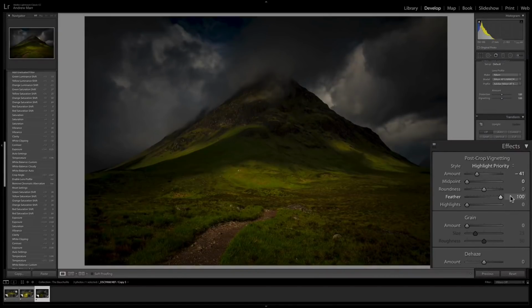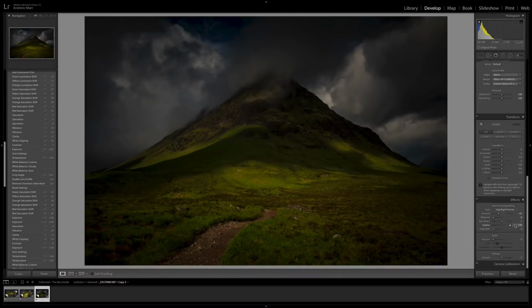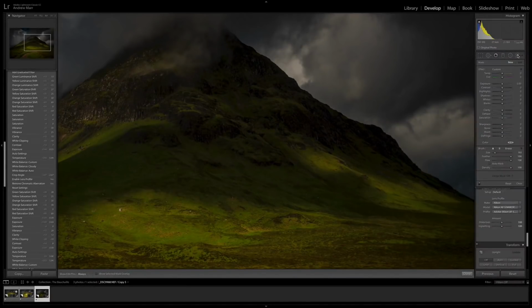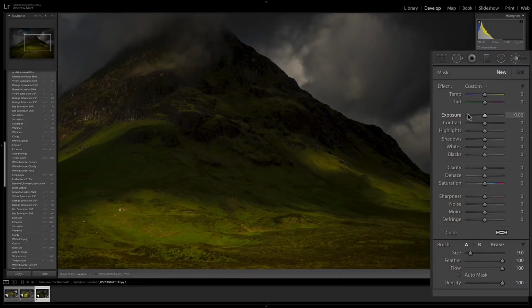What we'll now start to do is bring out some of the highlights in the ground and get them to pop. So to start off with, I'm going to go into the side here and start bringing up some of the shadows and even increasing some of the exposure just on the edge of the mountain here. So I'm going to grab my adjustment brush. I'm going to set the exposure to maybe 0.3 and bring up the shadows, I don't know. Maybe 20 to start off with,